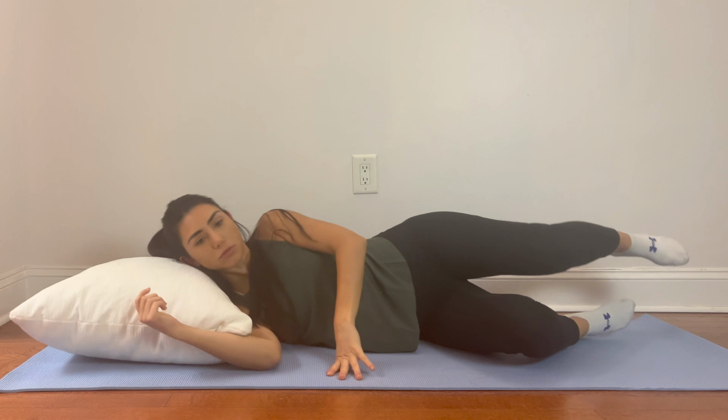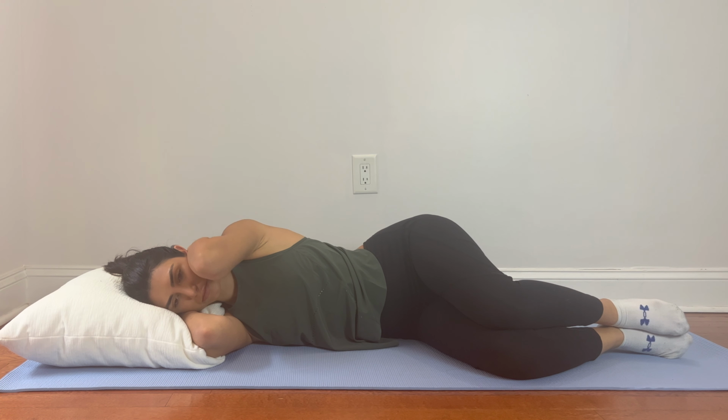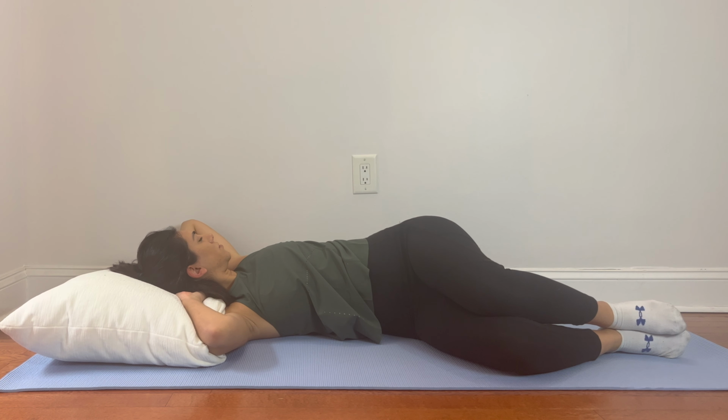Lie on your side with your knees and hips bent and head on the pillow. You can use a pillow between your knees as well to keep your leg in alignment with your pelvis. Place your hands behind your neck with your elbows stacked on top of each other. As you breathe out, gently rotate your upper back and arm until you feel a gentle stretch across your chest